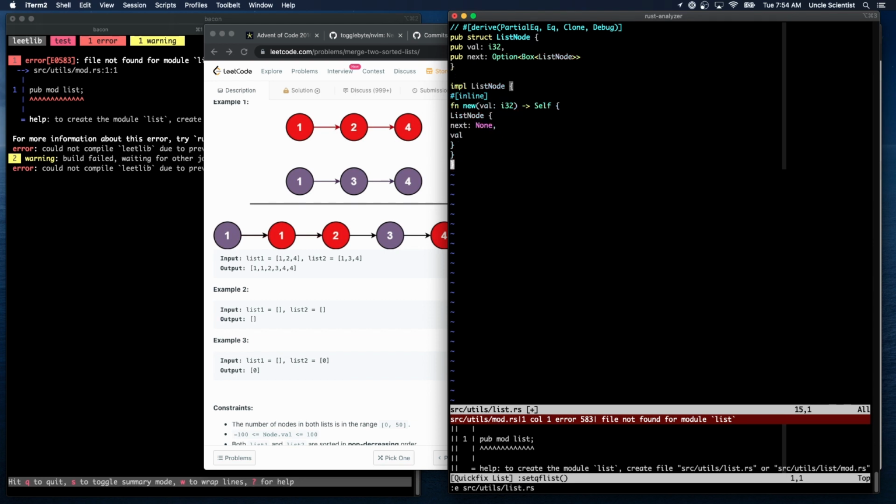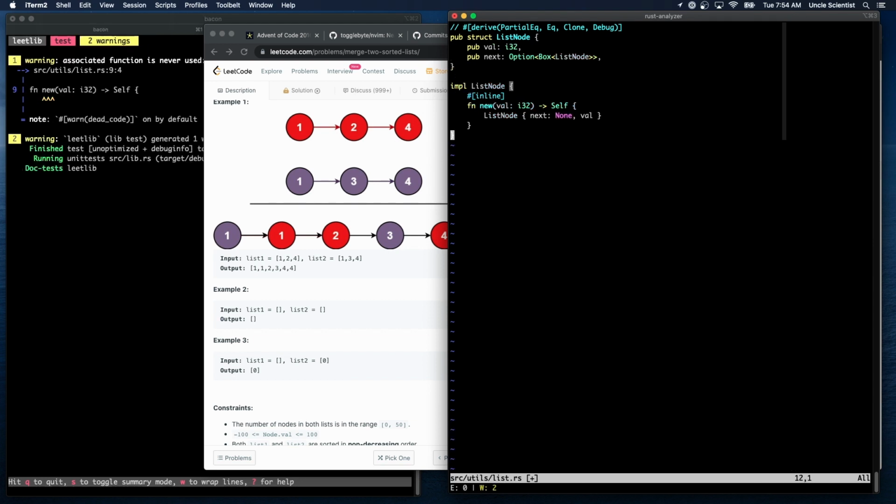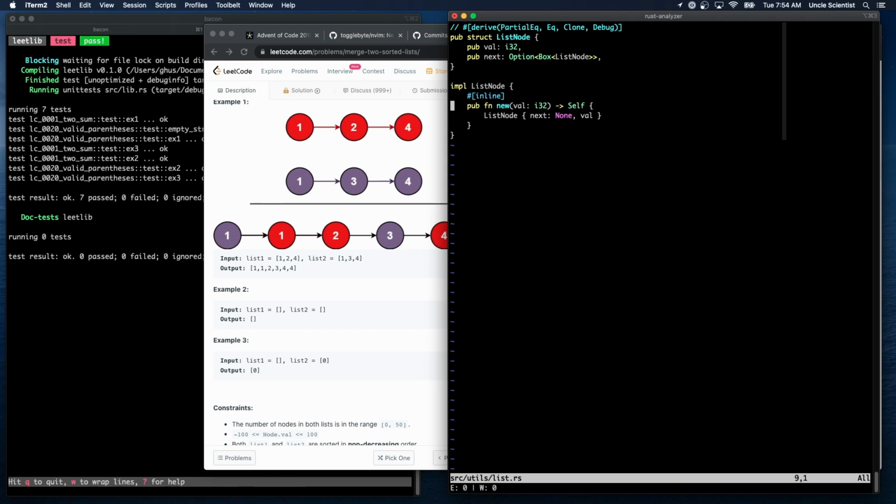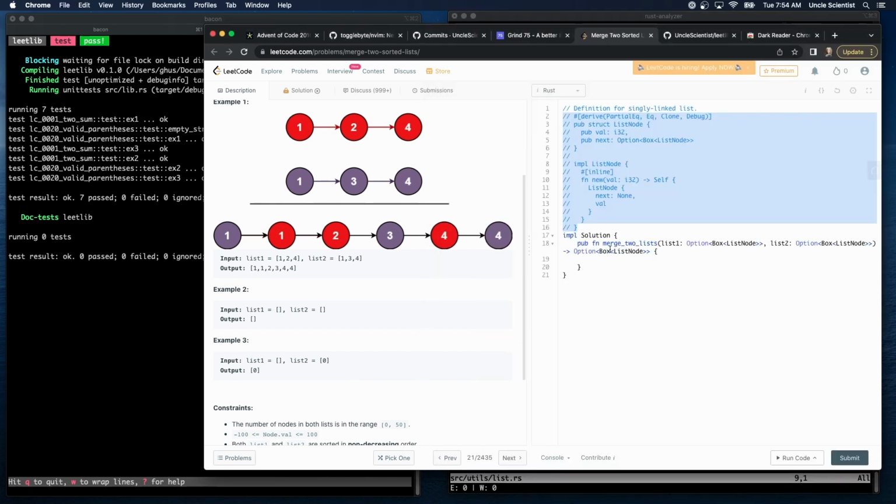Delete all these comments. I'm sure there's a way to do it in NeoVim. This should be pub new. Oops. There. Okay, so now all the tests still pass. And we should write a little test for this. But what I think I want to do, because we need to be able to generate these lists from these vectors, is that I need to go and create